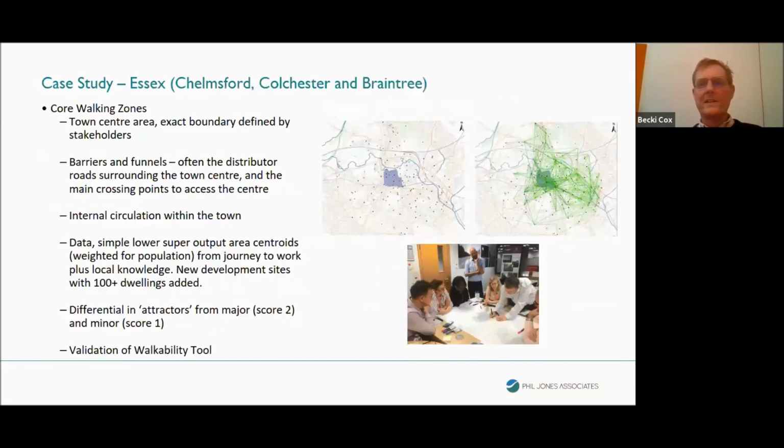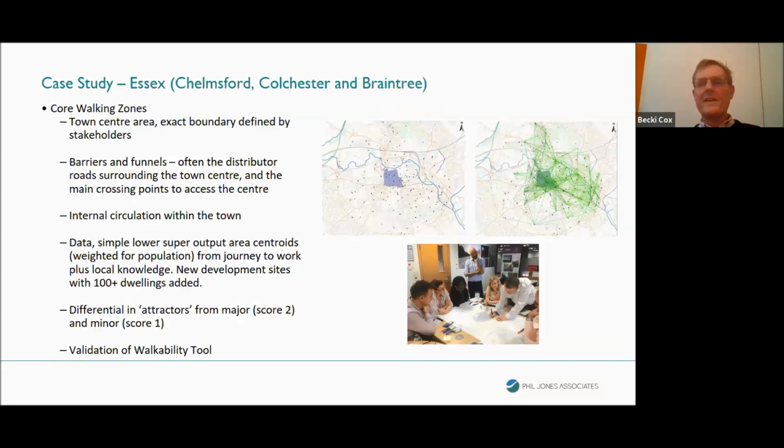This is just a case study from work that WSP did in Essex. And they simply used the lower super output areas. They plotted on the centroids of each of those lower super output areas, used the census journey to work data and some other local data to plot trips between those. The dark area in the middle is the core walking zone, and then the other areas are within that sort of